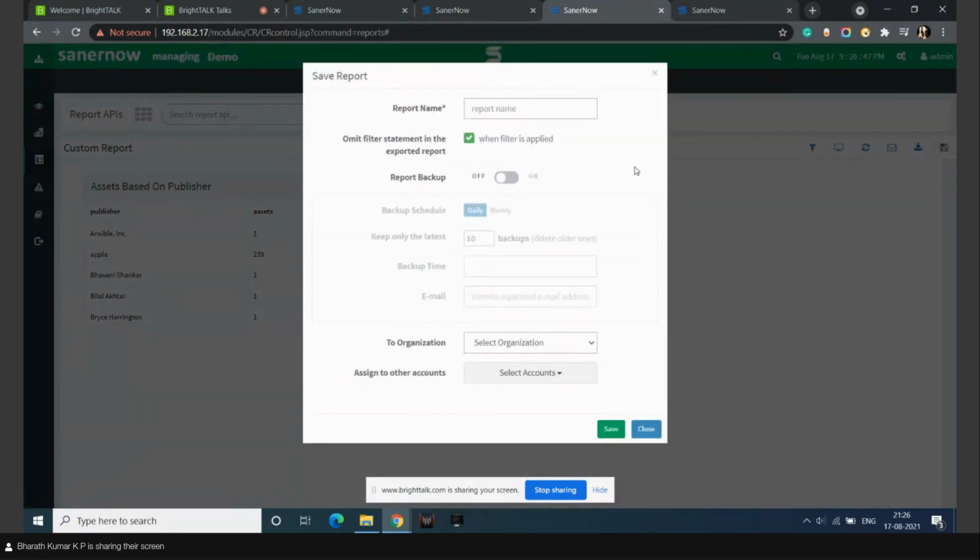And we can click on save report, add a report name and save the report. And we can also create a report backup for custom reports. This is how Synapse provides AM reports to manage asset management. These reports are really insightful, and I'm sure IT teams are going to gain a lot of benefits using it. And the customization option is also going to be really helpful for them.